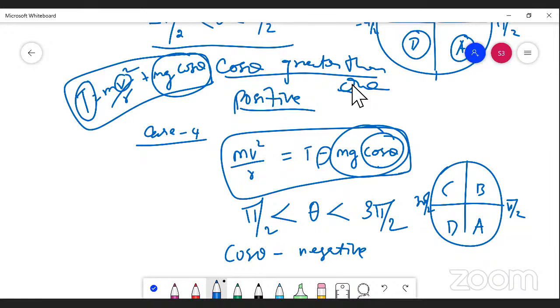Velocity cannot vanish even when the tension vanishes. Listen to me. If velocity value has not vanished, there will definitely be some value, it cannot be absent, even when tension T has also vanished. If T is 0, consider mv square is equal to minus of mg cos theta. Some values are included. If tension is 0, velocity cannot be vanished even when the tension vanishes. These 4 cases are very